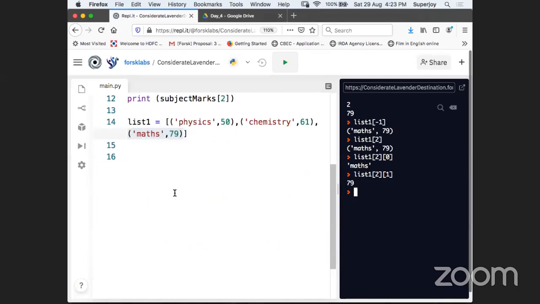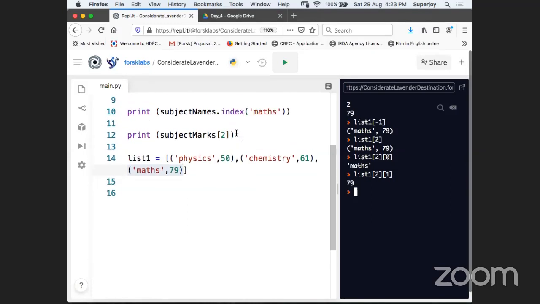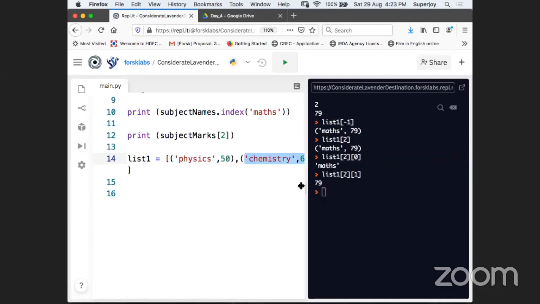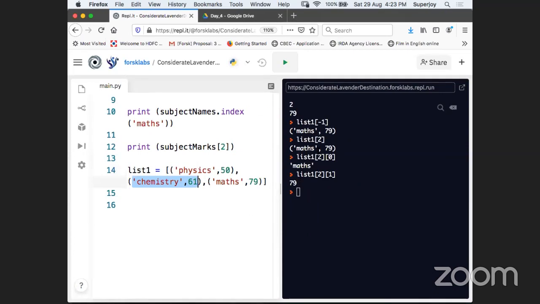Here I just manage my entire problem in 1 list only, but this has somehow become a little complex. Is it clear, guys, what I have done in the second example, how I have stored the information? Can you see, guys, that I have taken a list, and inside the list I have taken 3 tuples. One tuple is corresponding to one subject and corresponding marks, another subject and corresponding marks, another subject and then corresponding marks.